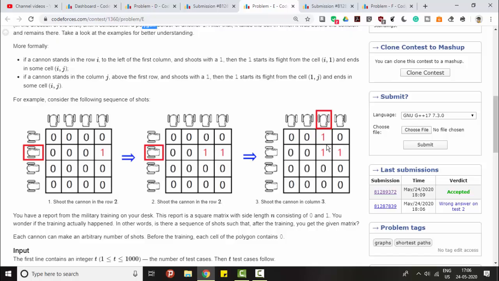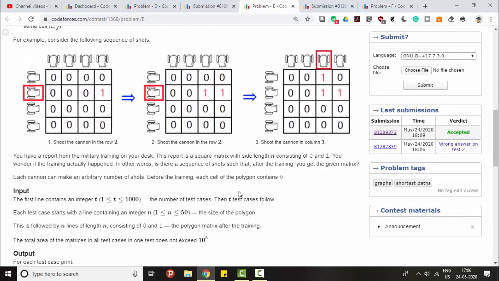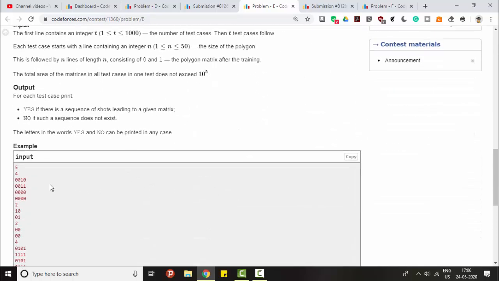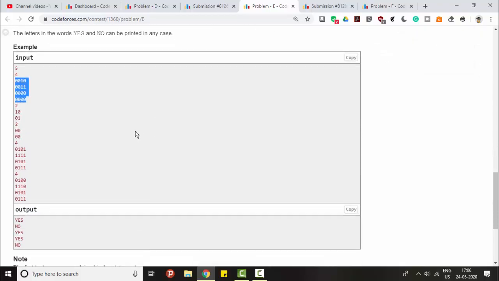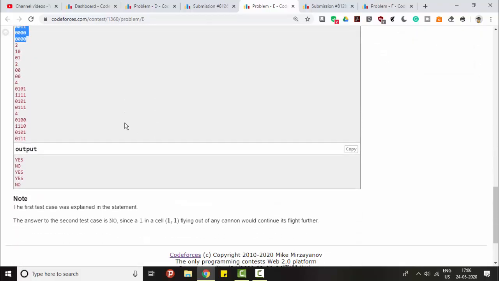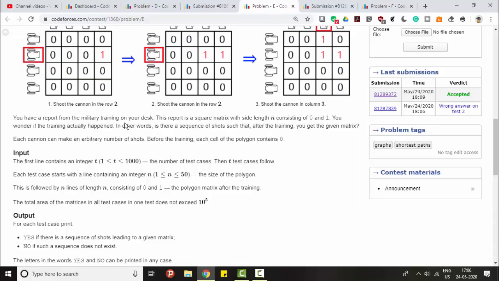If this cannon shoots, then again there is a hurdle, so before that we'll stop. So we have been given a sequence of these events happening or not. We have to identify whether these events have actually happened or been mimicked in a wrong way.